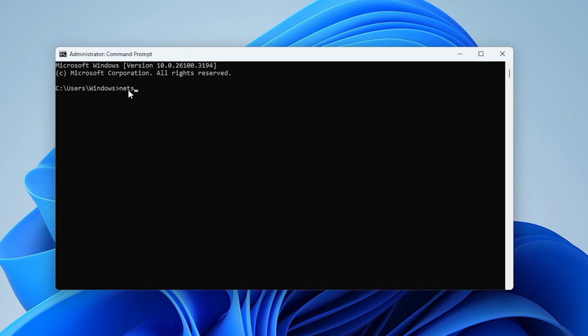Step 2, run the command to check signal strength. In the Command Prompt window, type or copy-paste the following command. Look for the signal section. It will display a percentage rating your Wi-Fi signal strength. From 100% to 80%,